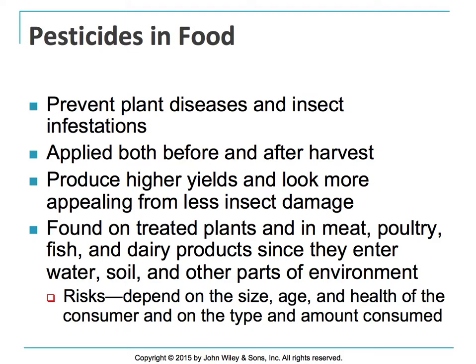Pesticides in food. Pesticides prevent plant diseases and insect infestations. They can be applied both before and after harvest. They produce higher yields and look more appealing from less insect damage, and are found on treated plants and in meat, poultry, fish, and dairy products, since they enter water, soil, and other parts of the environment. The risks of pesticides depend on the size, age, and health of the consumer and on the type